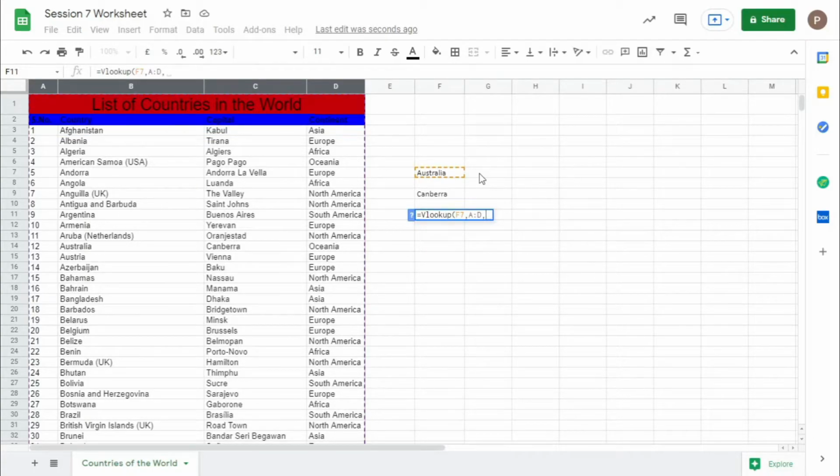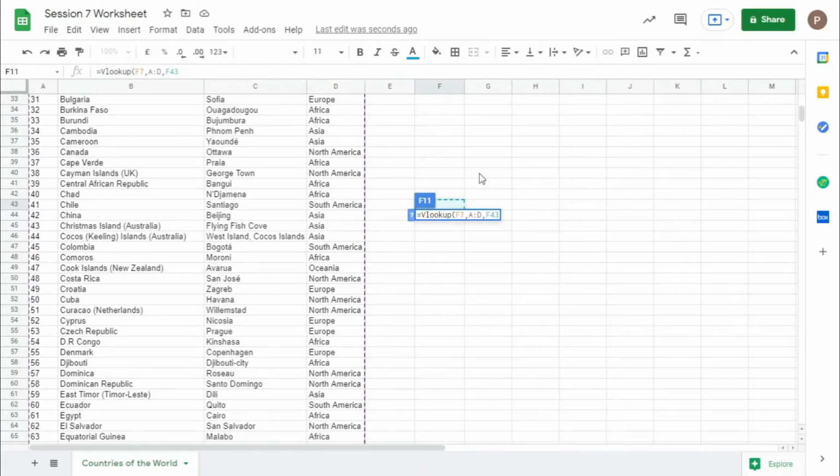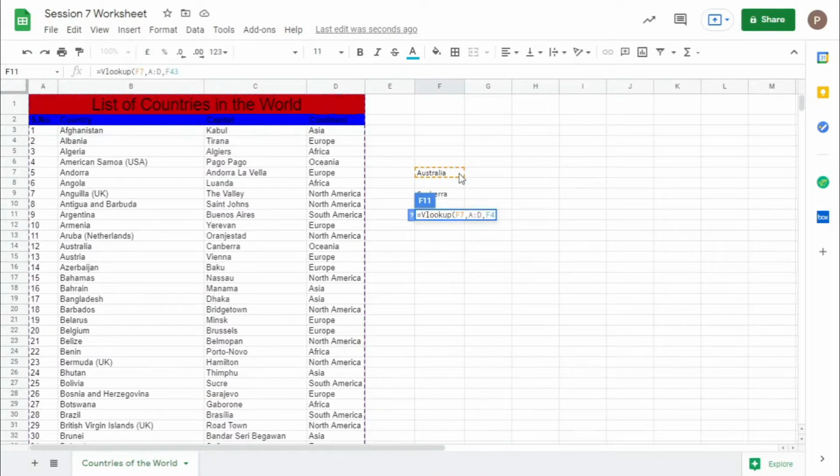Since we want the capital, and the capital is the third column, here we count 1, 2, 3, so type 3. And giving false, it will search for an exact match.